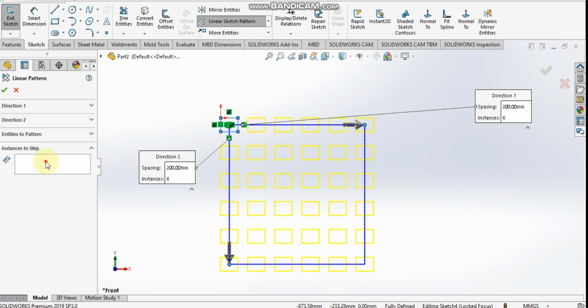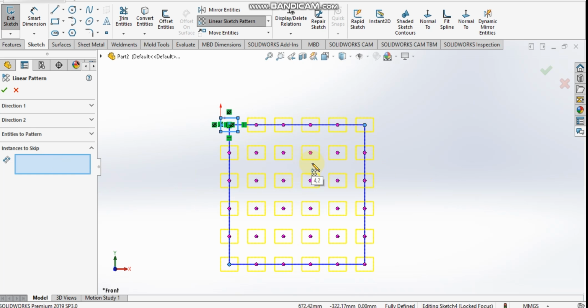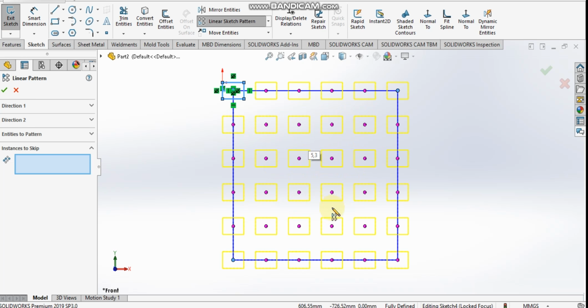So what do you mean by this option? If I don't want all these entities to get patterned, suppose this is the pattern preview. It is showing us the pattern preview. Suppose I don't want this entity to get patterned, this is basically creating a matrix-like structure. So it is 4 by 3, meaning fourth column and third row. That element, so the fourth column is this and the third row. So this element, if I select this, it will get deselected. Again I select this one. Those will not appear in the final pattern structure. That is very important.